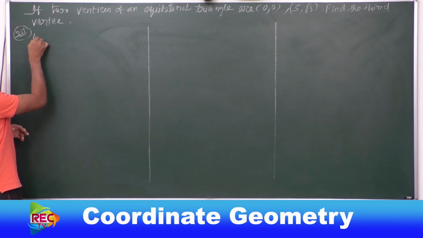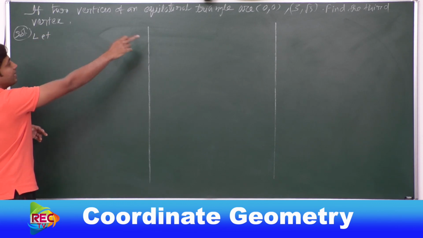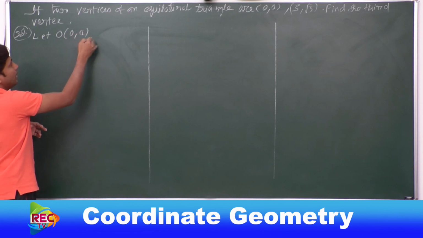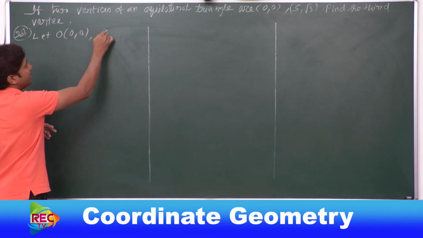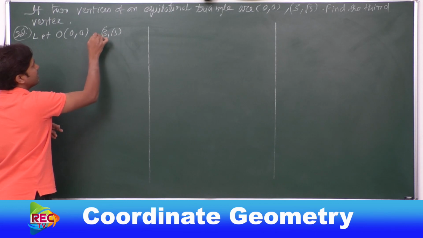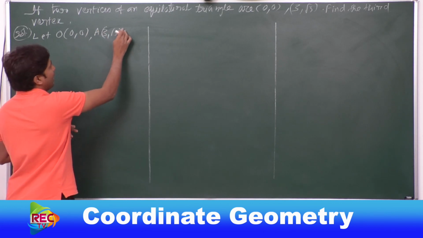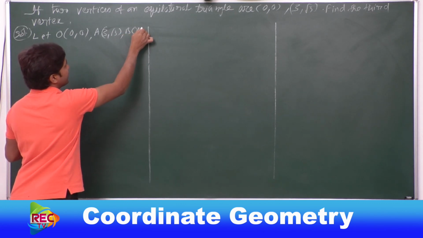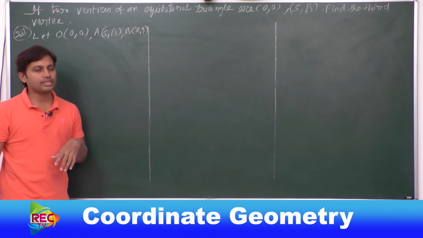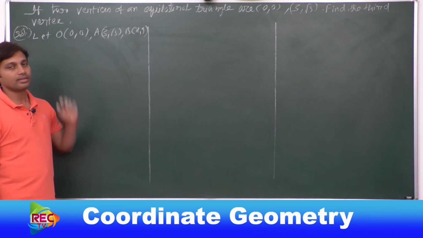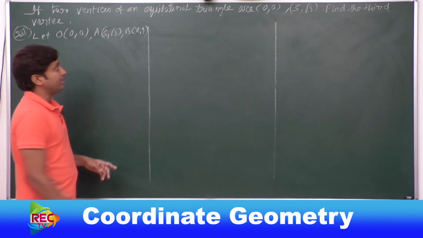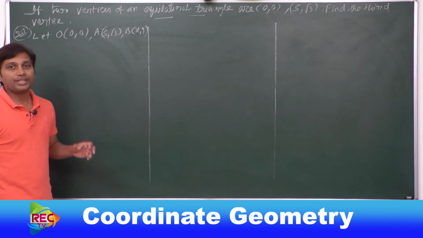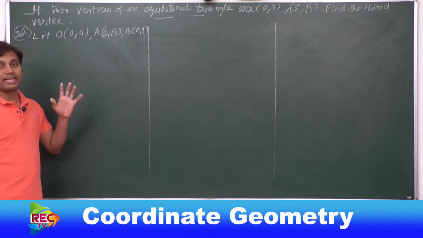First, let us consider that 0 comma 0 will be the origin, so O is 0 comma 0, and 3 comma root 3 is considered to be point A, and consider the point B, which is to be found, that is x comma y. So these are the three vertices we are considering, and as we said, these are the vertices of an equilateral triangle. We need to find out the lengths of the sides, and all the lengths should be equal.